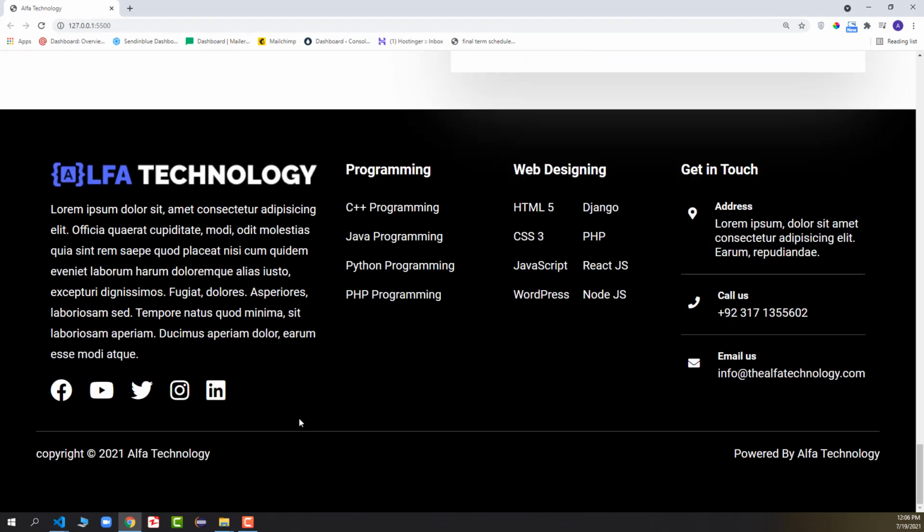So this is how we can design a beautiful looking footer section in which we have 4 columns, and on the left hand side we have the logo of the website, then the description of the website, and 4 or 5 social media icons. Then we got 2 columns in which we have programming languages or the courses that you are providing. Okay, and in one column we have 2 sub columns. So you have also seen how we can add sub column in a particular column. Then we have the contact details on the very right hand side of the footer section, and finally we got a separator, and after that we have the copyright section, and the line is powered by Alpha Technology. This is how we can design everything using only HTML and CSS.